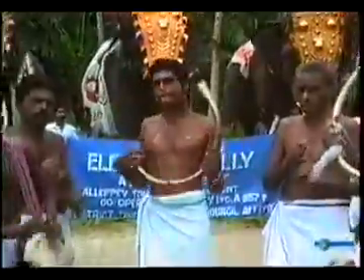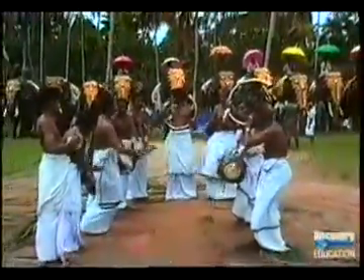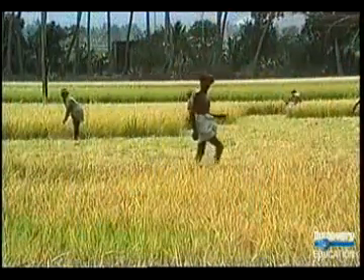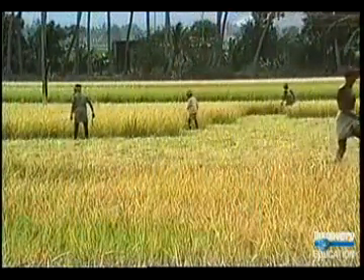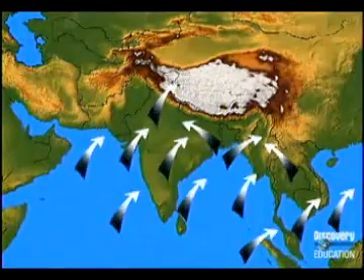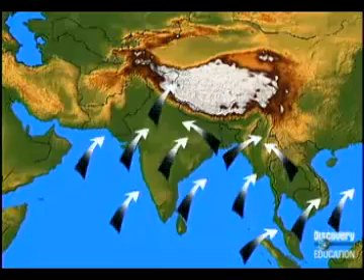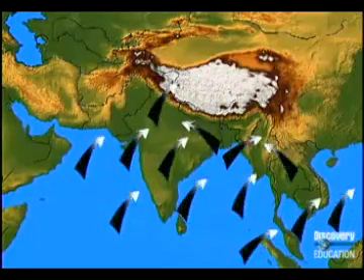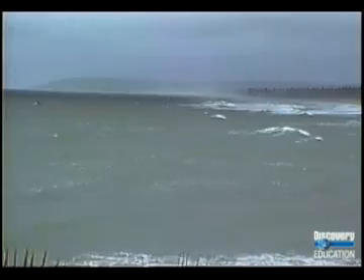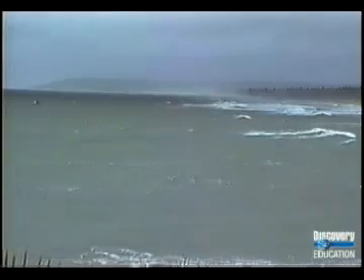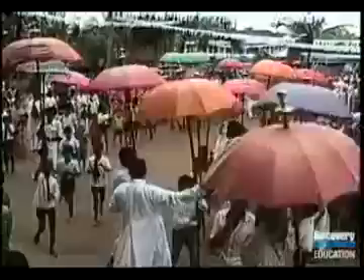When the summer rains arrive, there is great rejoicing among the people. This year, the rains have come on time and the crop harvest will be good. The rain from the summer monsoon moves in from the tropical southern seas, southwest of the subcontinent. Although welcomed by the people, the life-giving monsoon can also bring destruction.